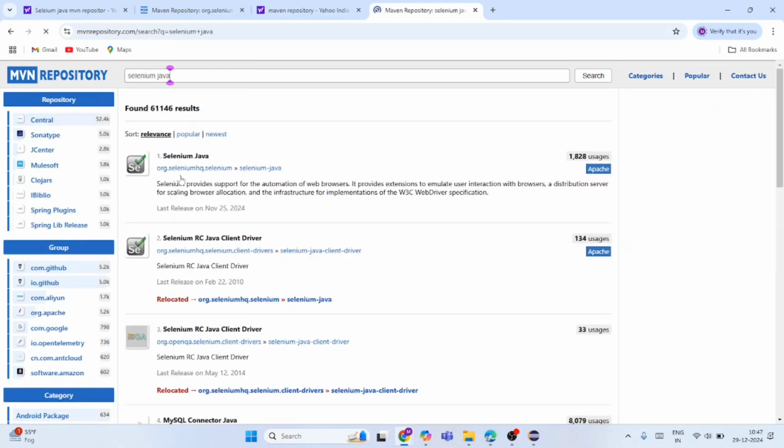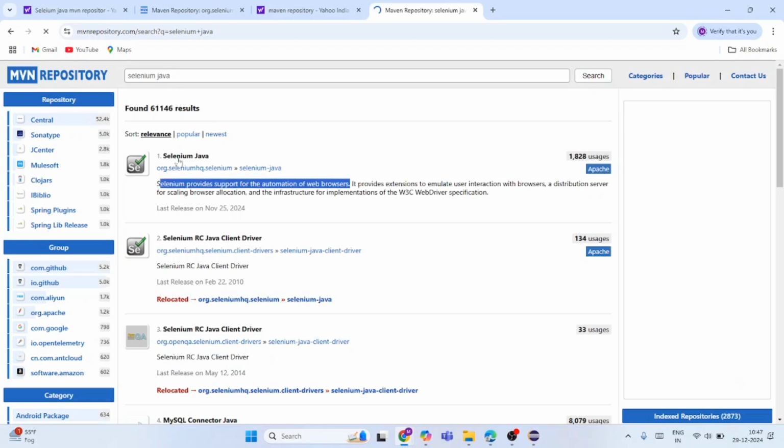Yeah, this is the first one that is required in our project. That is Selenium, which provides support for automation of web-based applications. This is our required one. Just click over here